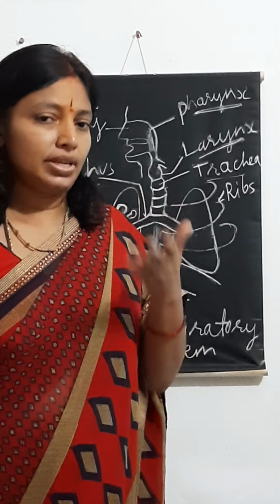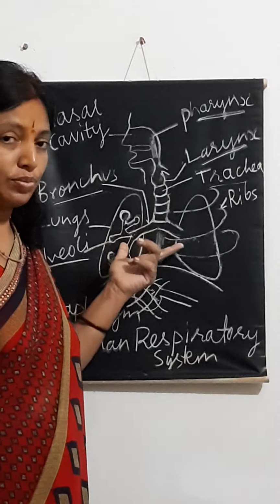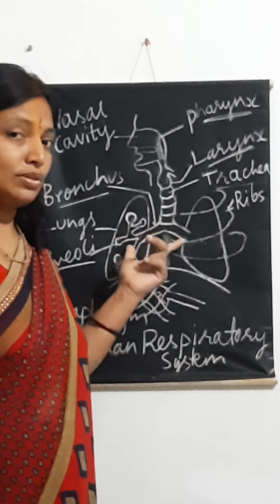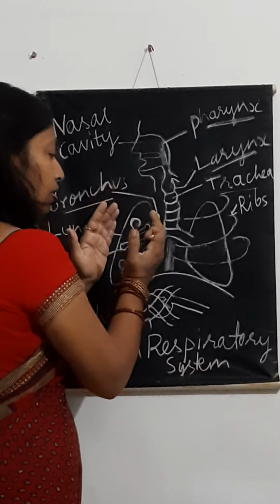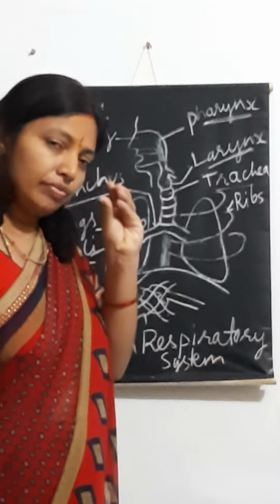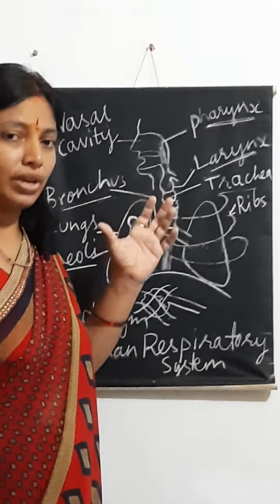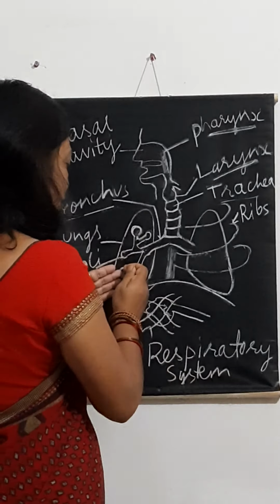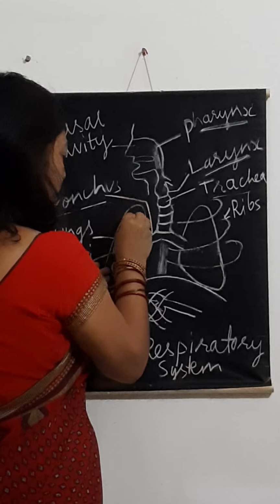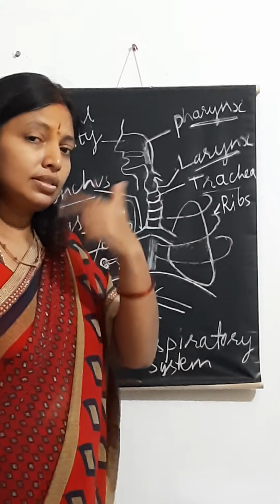One more question they ask is, breathing is rhythmic. We inhale, we exhale. But exchange of gases is a continuous process. Why is it continuous? How is it possible? It is possible because our lungs always have some amount of air inside them. We call it the residual volume of air. Because of the presence of air, this exchange of gases between the alveoli and the blood capillaries is continuous. But the breathing is rhythmic.